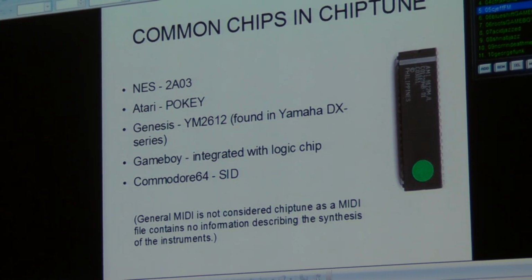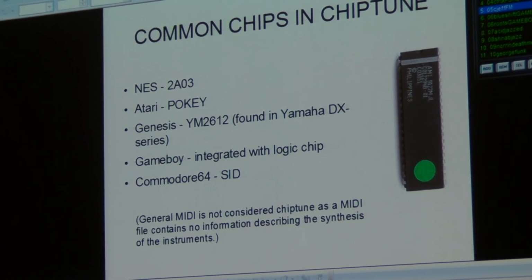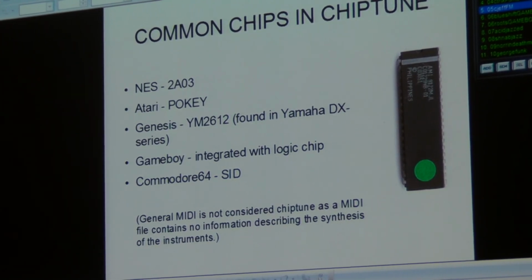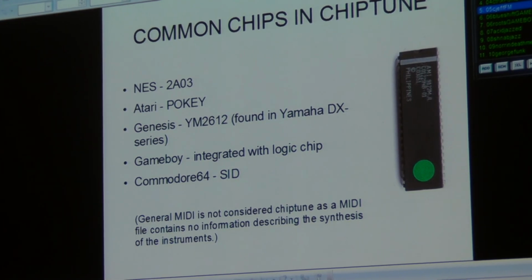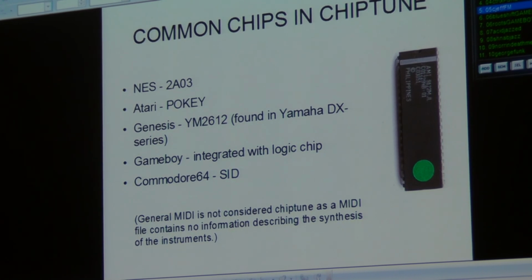So the SID station, isn't that a... right? It's a synth box that people use nowadays, and they usually hook it up like a MIDI controller. Right. People, even legitimate musicians who aren't chip musicians, I'm just kidding, they're actually using these sounds, and the SID chip is appropriated into a product called... what is it called? The SID station. We had like 1,000 of them, and now there's no more. Oh, well, apparently you can't get it anymore. But